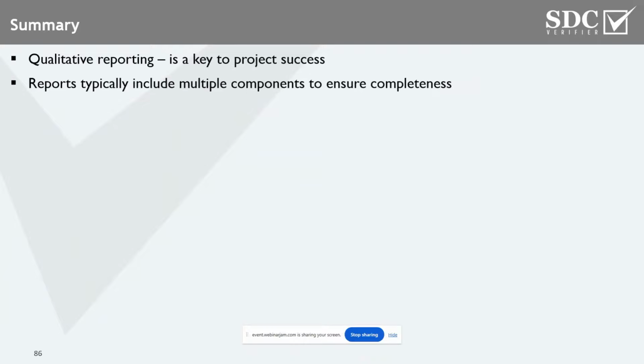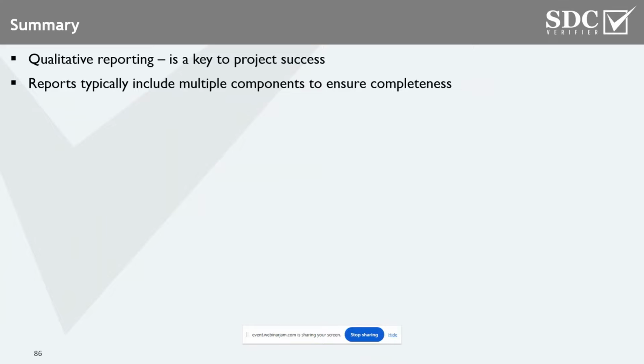Reports typically include multiple components to ensure completeness. You've seen just how many different items you can put there, and I cannot just say that something is really negligible or that you can ignore those things. I simply cannot do so, because I can tell it based on our experience. If you want to make it complete, if you don't want to end up with thousands of questions, either from your client or these third parties or whoever it is, you need to show them. It should be complete, especially if you want to store it and be able to get back to it efficiently